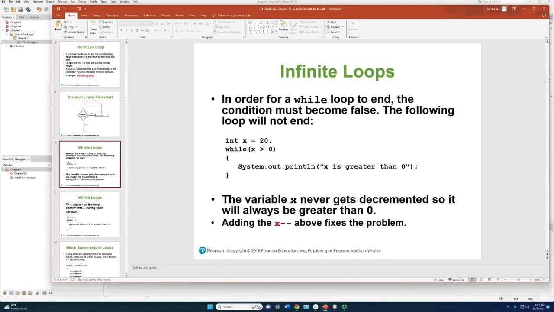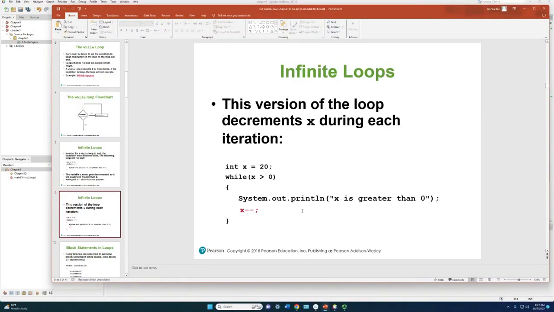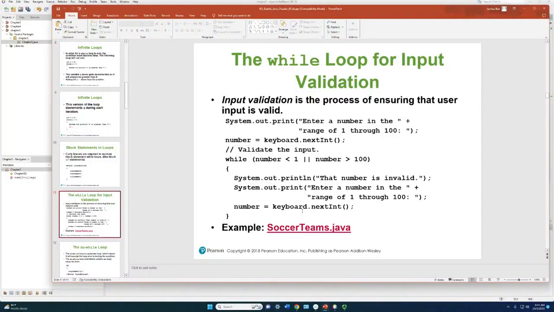Specifically, we are going to talk about the while loop in the form of input validation, because input validation is so important. And the example we have right here from your PowerPoint, we're just going to grab this and make it work. And then what we'll do is, after we get done talking about the while loop, we're